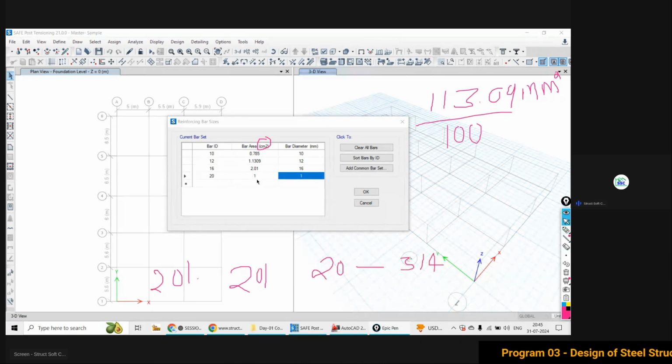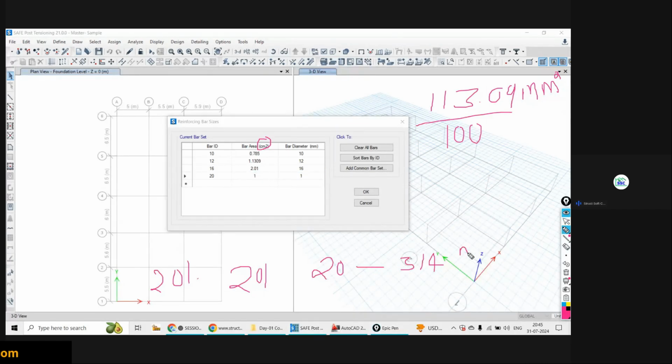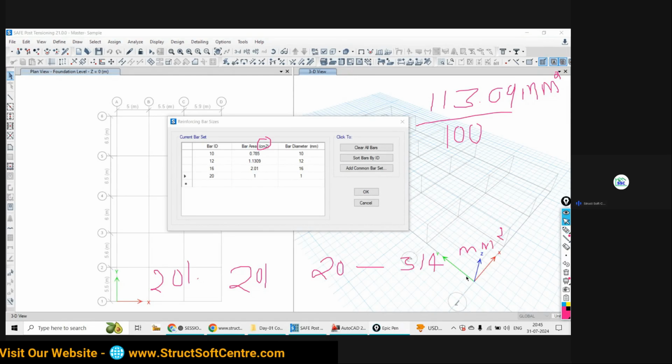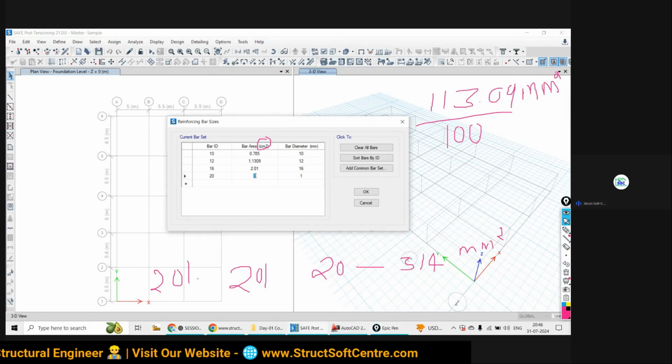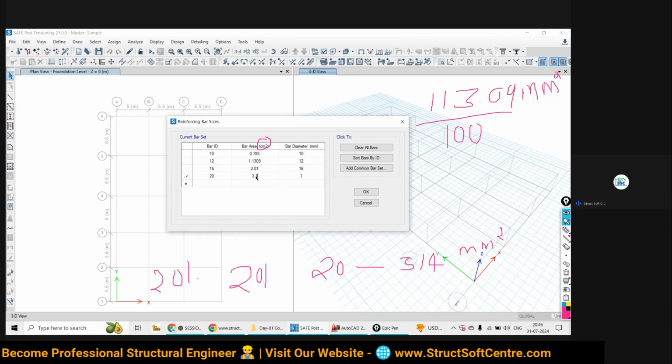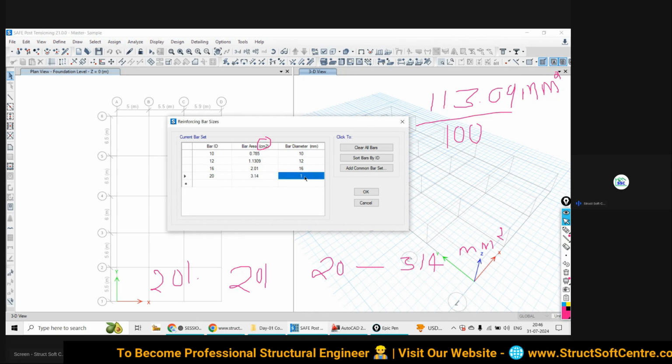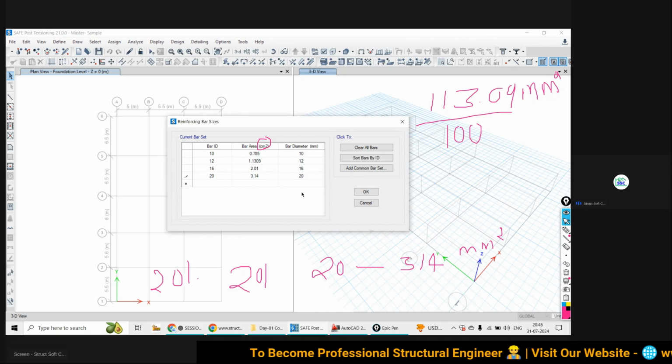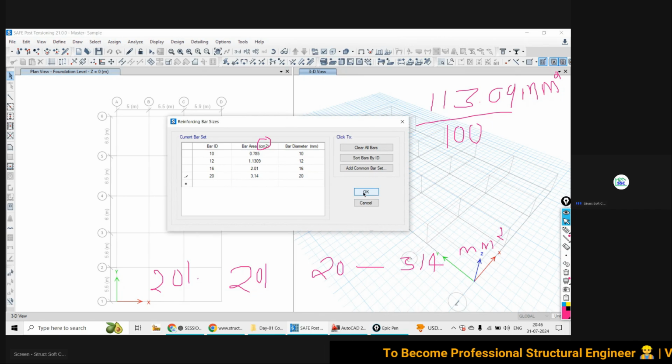So 314 is going to become 3.14. 314 is in square. ये किस में है? Square में. So we want to convert it to centimeter square. So that is going to become 3.14. That's it. And make it as 20. Done. Then say simply okay.